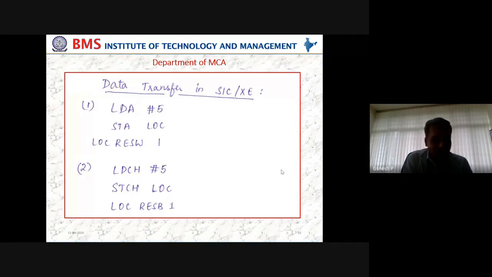Which is easy to read first? Previous program or this program? This one, sir. So data transfer in SICXE program is easy to read. Agree? Yes, sir. Second, what is the number of instructions you have written earlier? 4. How many now? 3. So that means as you grow to the advanced version of architecture, which has an inbuilt complexity, who is